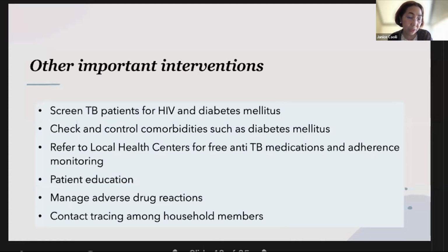adherence of our patients. It's very important to educate our patients regarding side effects, what to watch out for, when to consult us, no? When they are on TB treatment and also on other medications for HIV and opportunistic infections. It's very important to manage adverse reactions rapidly, immediately, effectively, not correctly. Kasi sometimes patients will just give up if they're taking too many medications and their adverse drug reactions are not